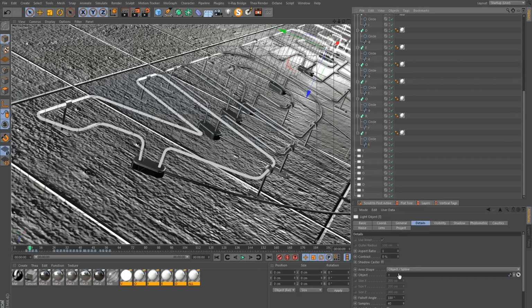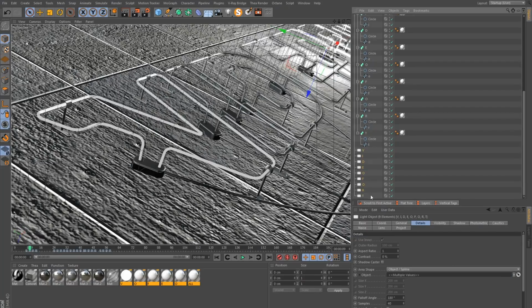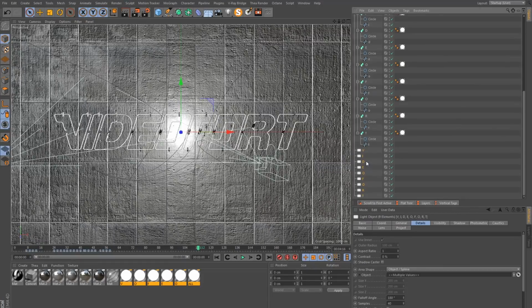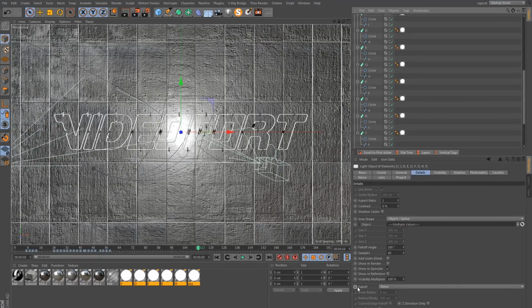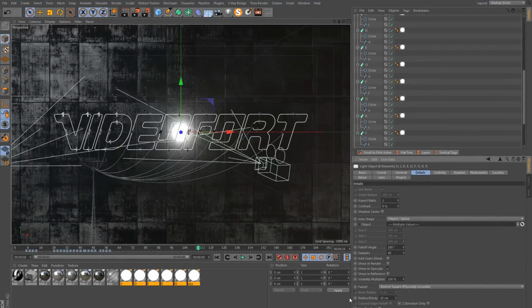And just doing the last one. And this is another reason why you would want to separate each letter into its own thing, because we use it for the illumination. Now, everything is going to look a bit crazy here, but if I go to the final angle, with all of the lights selected, let's go to the Details tab again, which I'm already at, and set this falloff to inverse square physically accurate, and put the radius down to 20.